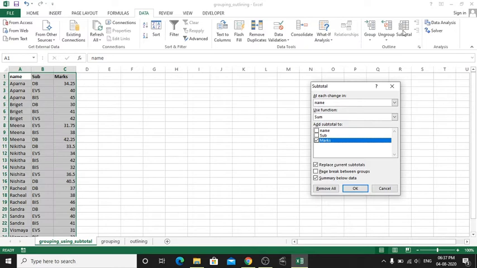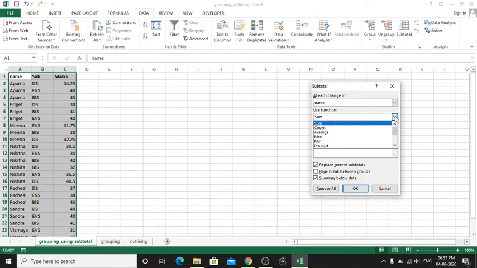When we click on the Subtotal submenu from the Data menu, a dialog box will appear. In this dialog box, you will have the option on which column basis you have to find out the subtotal.